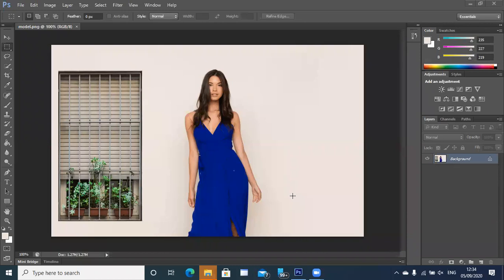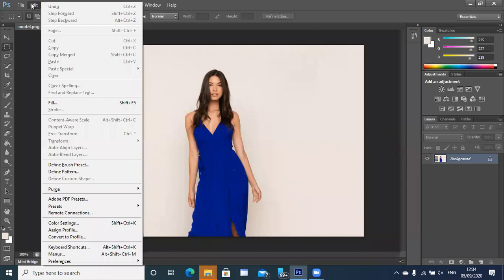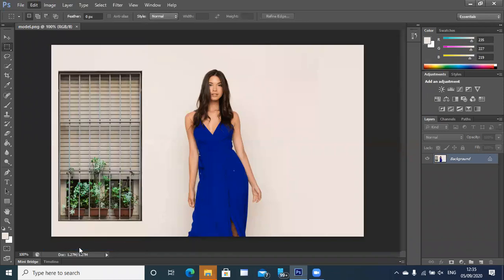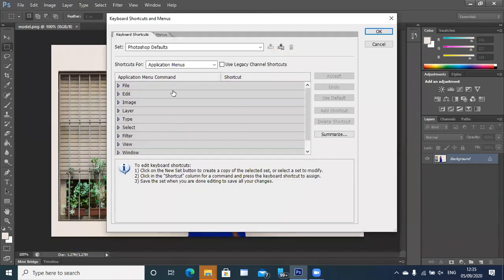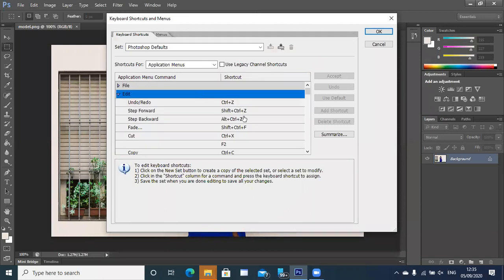Very firstly, I just want to show you the kind of tools which are already there in Photoshop. So up here you will find Edit on the top. Okay, up here you will find a variety of tools. Even here you will find keyboard shortcuts, where you can find the various kinds of shortcuts and menus which are there. If you want to have a look at what default shortcuts are available, if I just open the Edit, it will give you a list of shortcuts. You can create your own shortcut if you want to, or otherwise if you just want to look through the shortcuts, you can go through that as well.